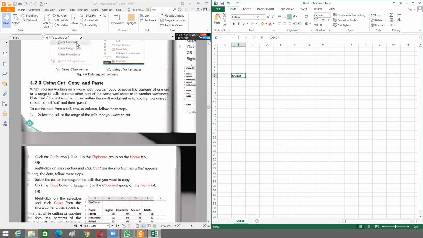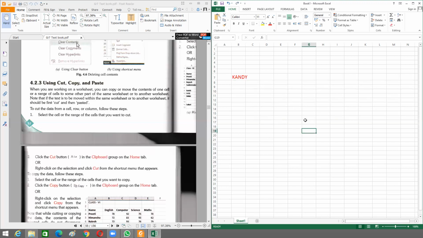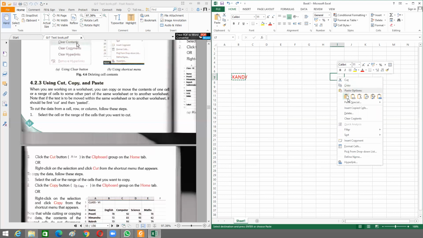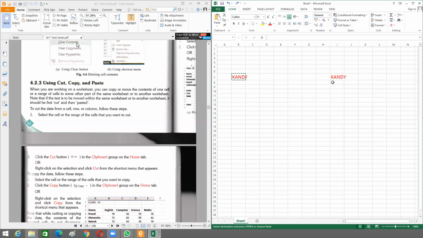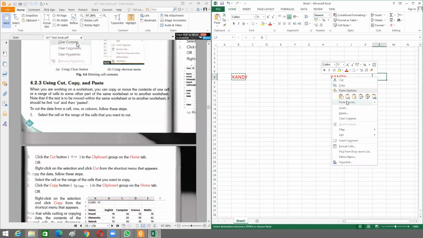And the other thing, using cut, copy, and paste. How to copy this thing to another cell? By right clicking, copy and then paste. By right click, copy, and if we go to another cell, we can just paste it. Or if we want to paste it without existing formatting, we can just click